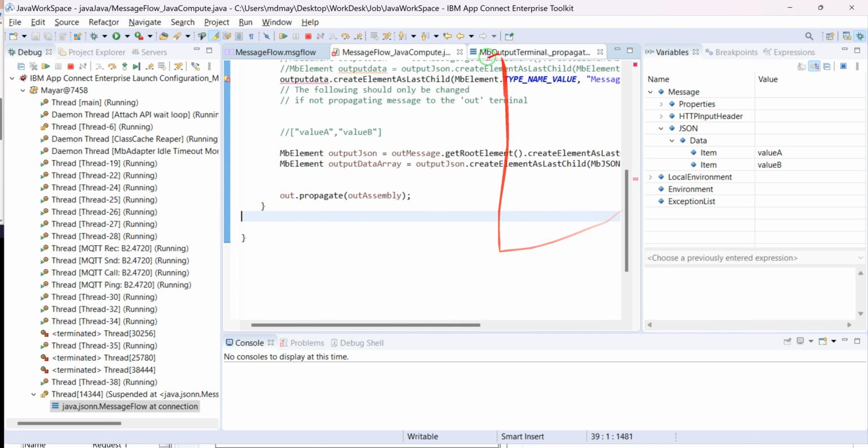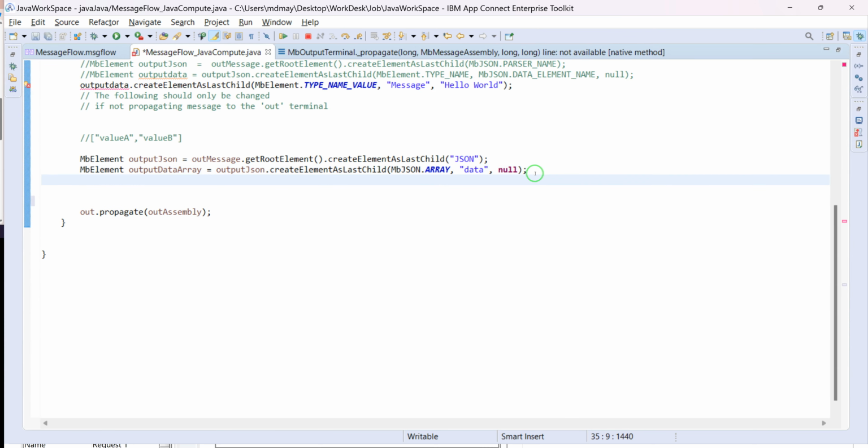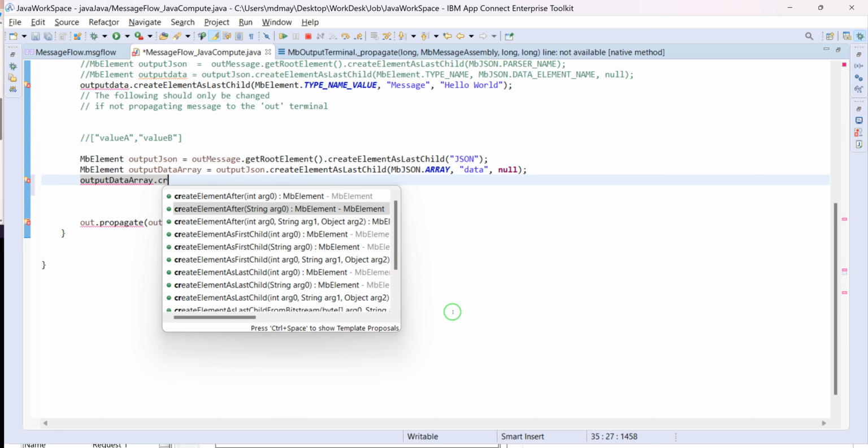We create that one. Let's make it bigger because it's hard to go back and forth. Now, whatever we create, we will create value 1 and value 2 for it. How should we create this array? Because the data would be under that: item 1 with value A, item and value B. So we use the same thing, dot create as last child,